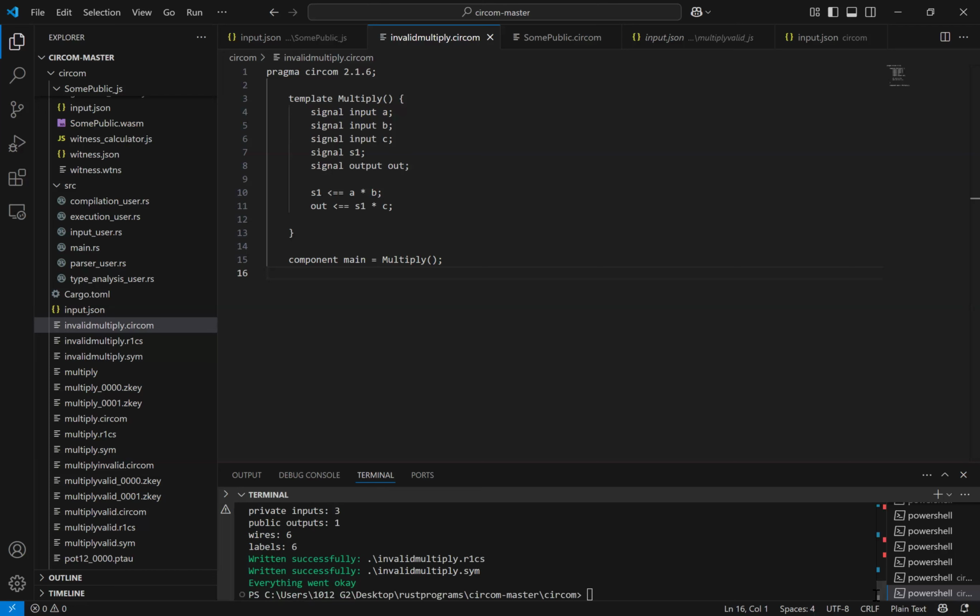Okay, so those are what it's supposed to generate. Now, after you've generated the rank 1 constraint system values, you may want to see what they are. So for you to see what they are, you run